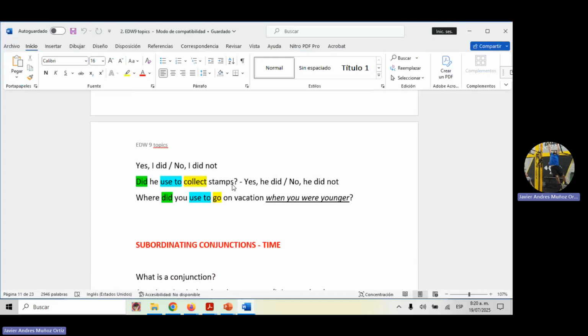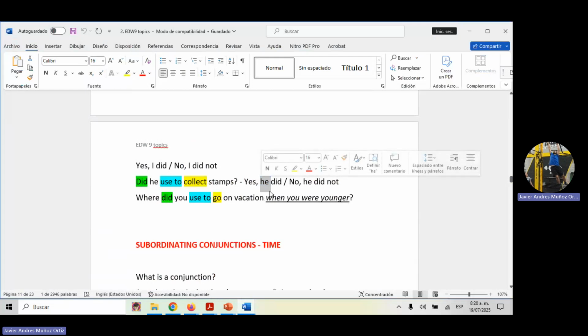And to answer this question, we are going to also rely on or take into account the information we know with simple past tense. In simple past tense, we use the auxiliary verb did to answer these questions. Yes, I did. No, I didn't. Yes, he did. No, he didn't. Yes, we did. No, we didn't. And the only word that changes for short answers is the subject. I, you, he, she, and so on.